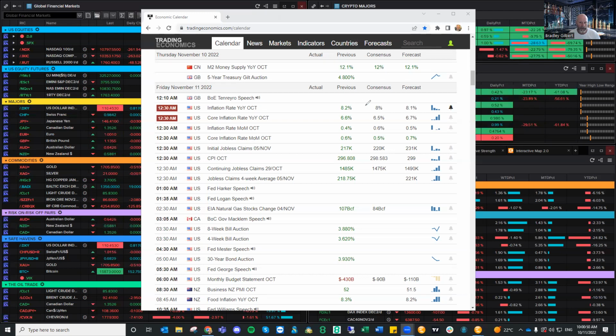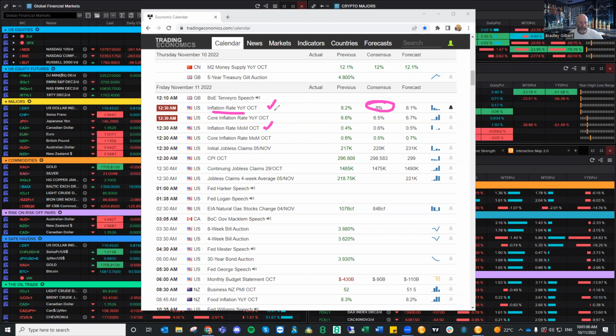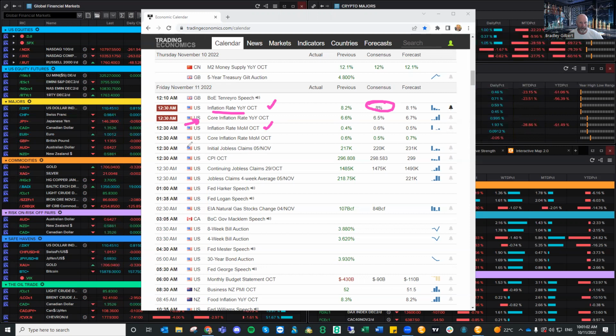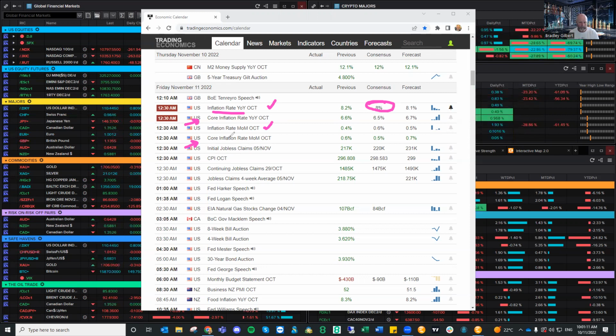What the market's been focusing on, if you look around, it's all about inflation being above 8%. So obviously they are looking at this number here, the inflation number. You've got month on month and year on year. Then you've got the core inflation numbers as well. It's like a backup number. Years ago, the core inflation numbers weren't there. It was just the inflation rate. So we've got an extra variable to think about.